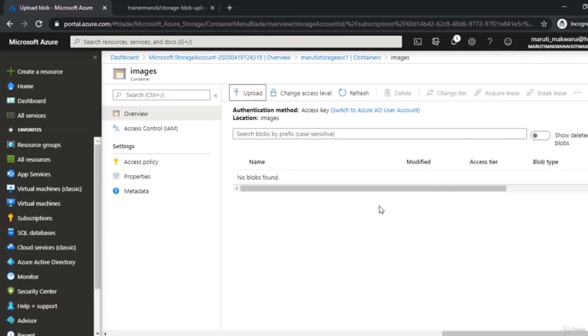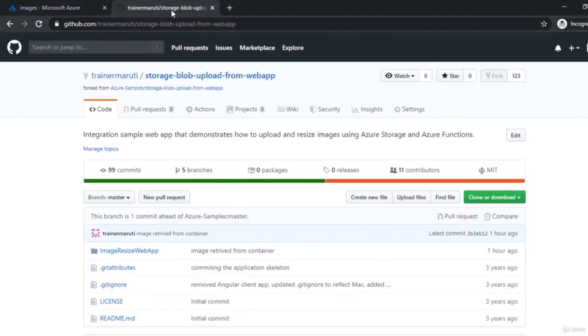But I do not want to upload images directly from this portal. I want that somewhere I should have my application, and through the code of that application I can upload things into this. To understand this, we need to use Azure Storage APIs. And to do that, I have one sample which I have created and I have shared with you in this repository. So for you also, if you just go to